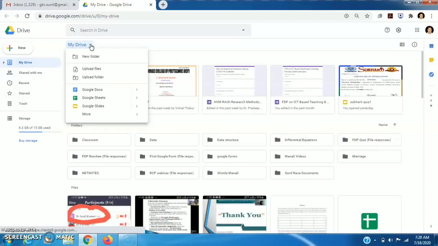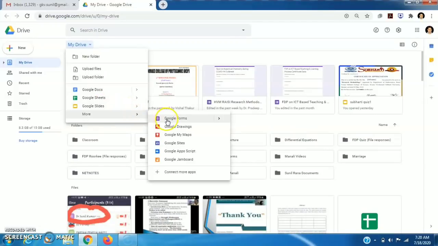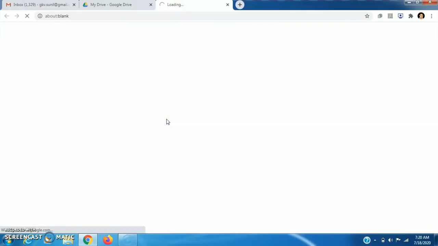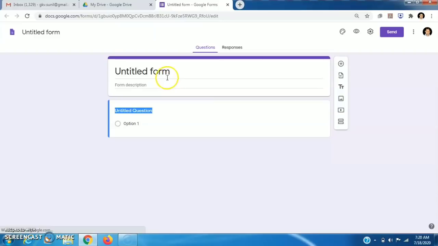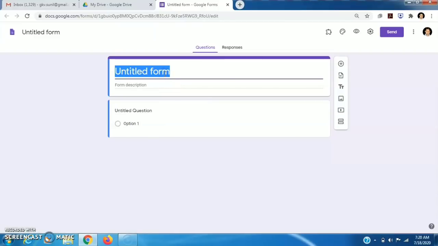For this purpose, suppose I create a new Google form. AutoCreate certificate, I rename it AutoCreate certificate.